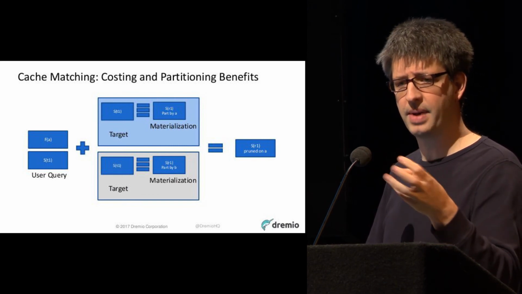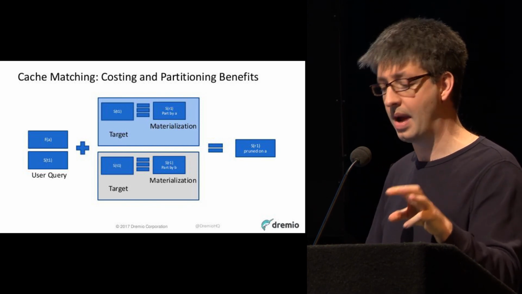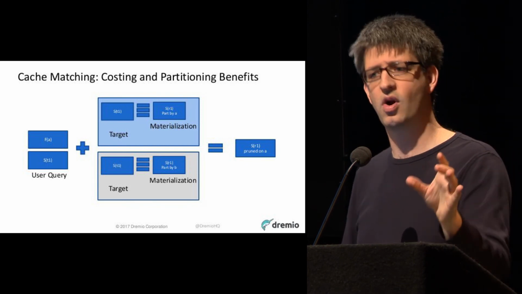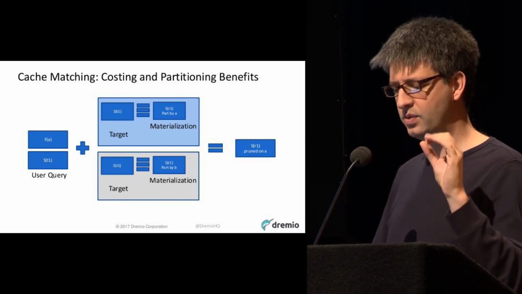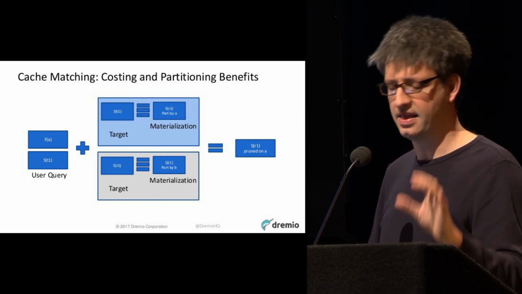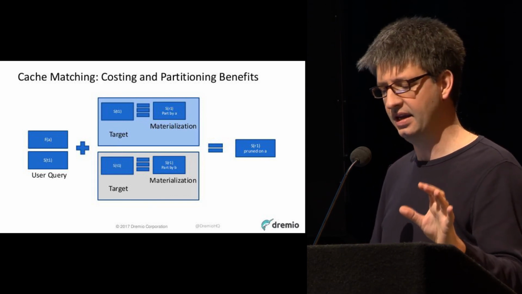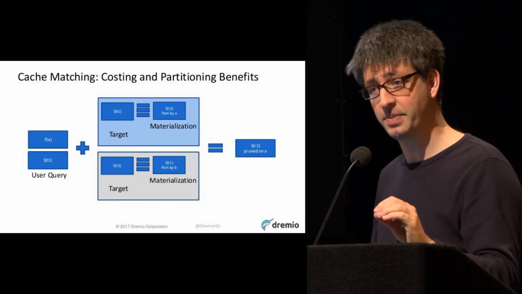And so it's not only about coming up with what matches, it's coming up with the best match. Here's an example where I might have two raw reflections, one which is sorted and partitioned by A, and one which is partitioned by B. A user comes in and wants to do a scan of data and then filter by A. Well, as you might guess, it's much better to use the materialization where I'm partitioned by A, because then